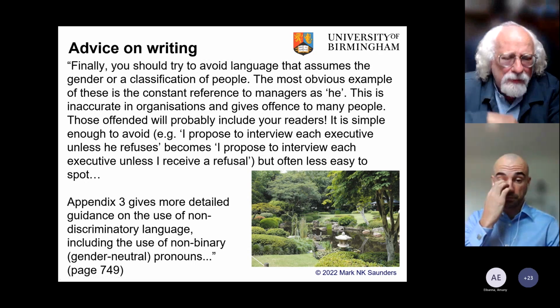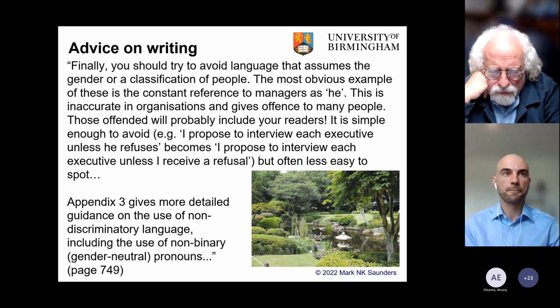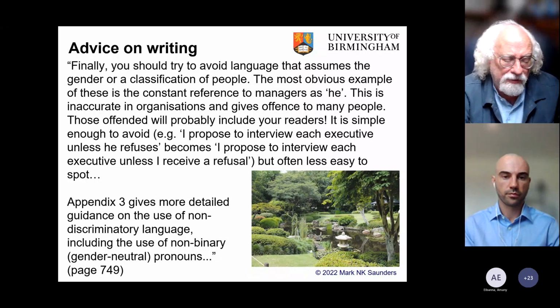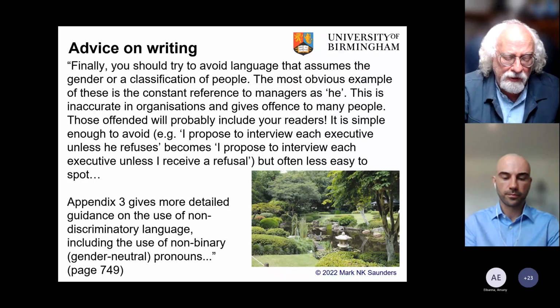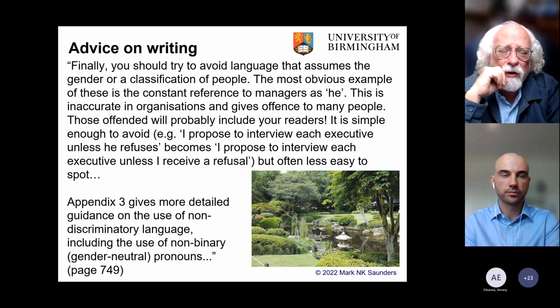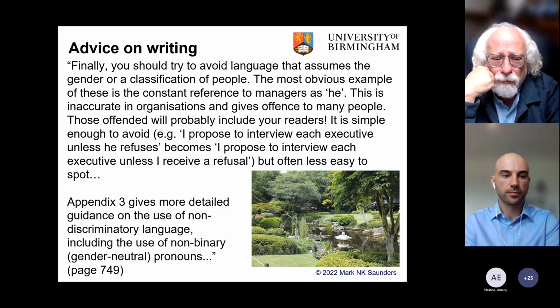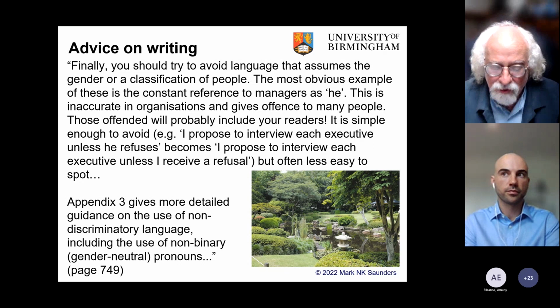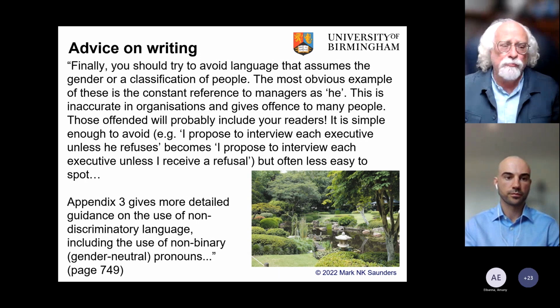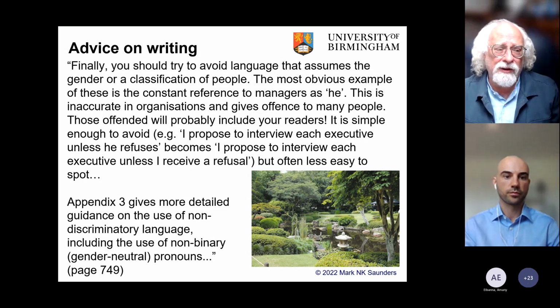So that's sort of about structure, but we spent a lot of time thinking about advice on writing, and this is where things have really started to come together over the past few years, especially in terms of language. I can remember writing about this a few editions ago, and the most useful piece of work I found was by a guy called Bill Bryson in his book Mother Tongue, and he was arguing very strongly that we really ought to look for gender neutral language, because what we're trying to do as writers is to get people to read our work, and if we use language that offends because of gender, then that's one less person who will read our ideas, and we're trying to get people to read ideas.